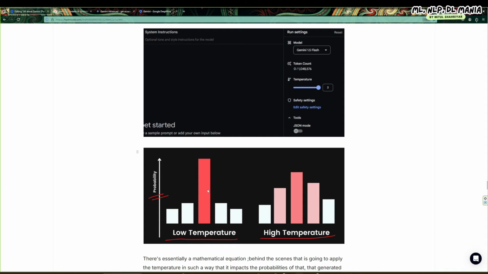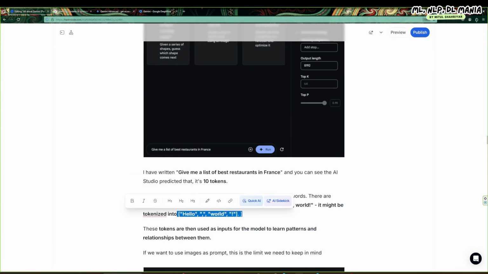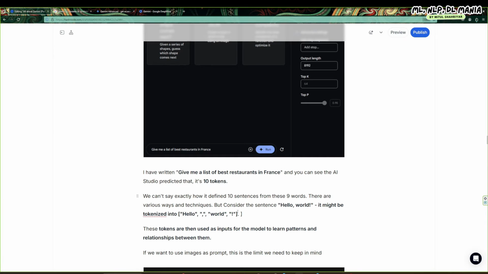So when you give a prompt to an LLM, it creates some sort of tokens from the prompt, and it understands what is the important token, which token should I look for, which token should I work with. So using this temperature, this is what you do. Using the temperature, you actually increase the probability of a token. So for example, if you compare it with hello, comma, world and exclamation mark,